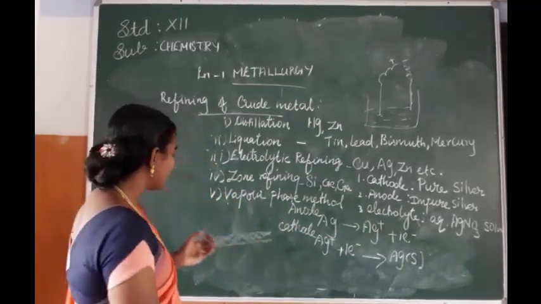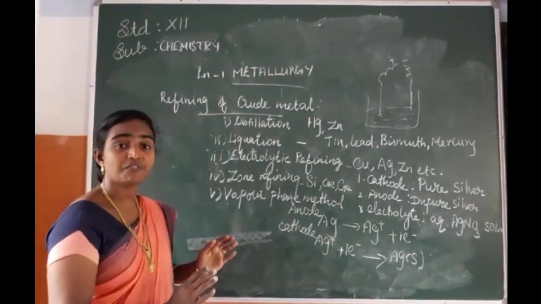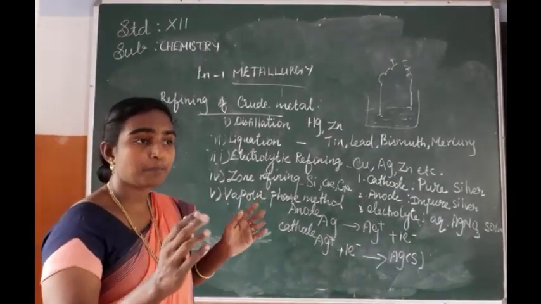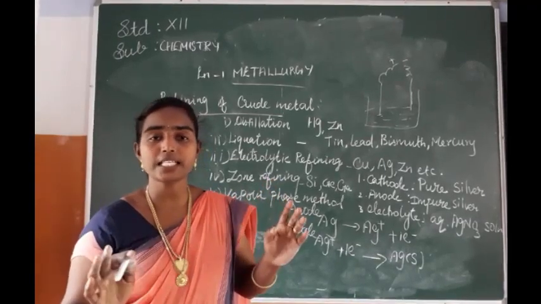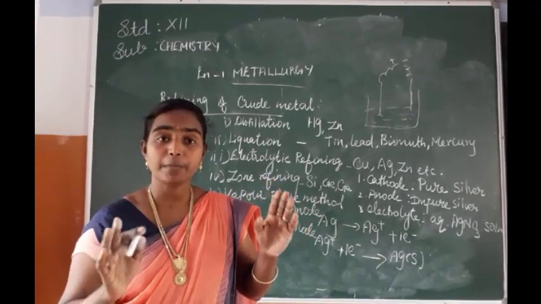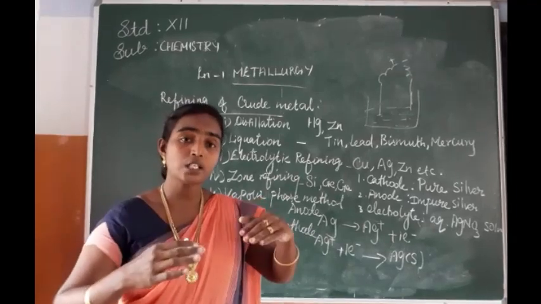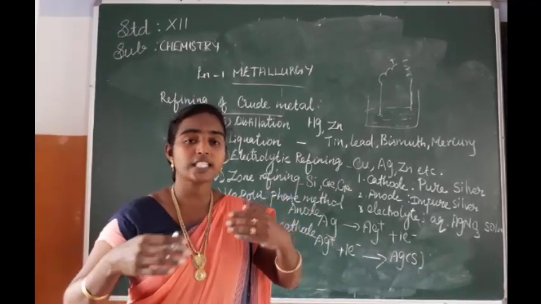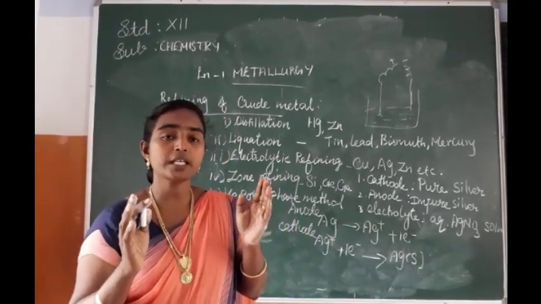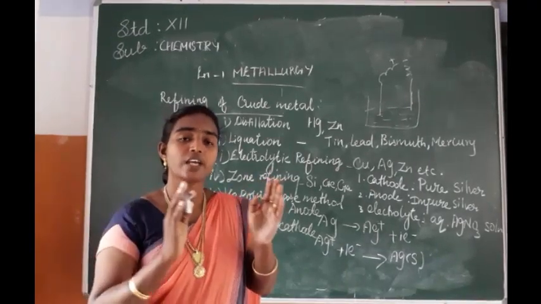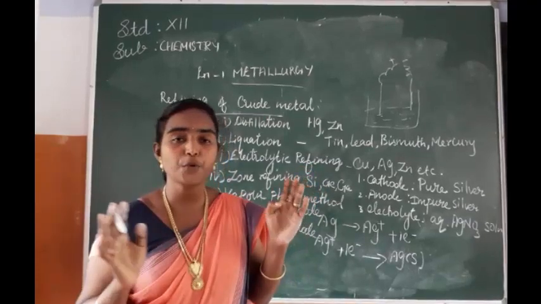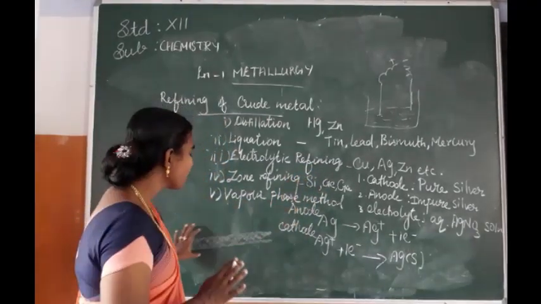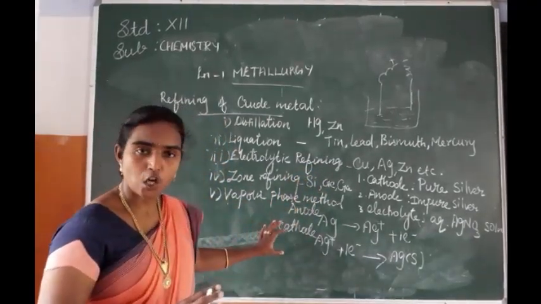Okay. So with this zone refining method, we cannot expect to get a pure metal in one go. It is not possible to get a pure metal in a single pass. The zone refining method should be done more times, not only one time. It should be done 2 or 3 times. If we do this for a particular rod, finally we can get a pure metal. Okay. So here the impure metal is taken in a rod form.